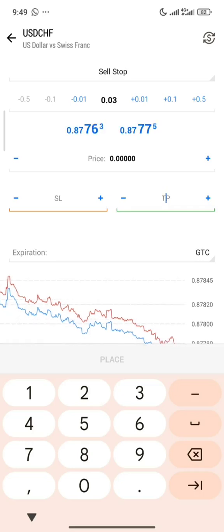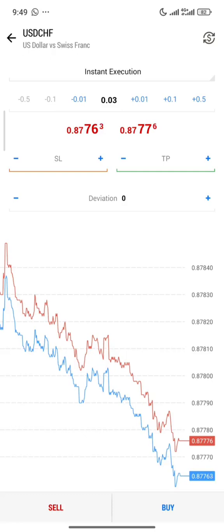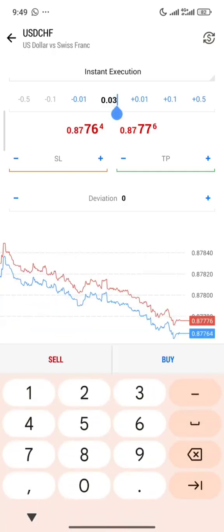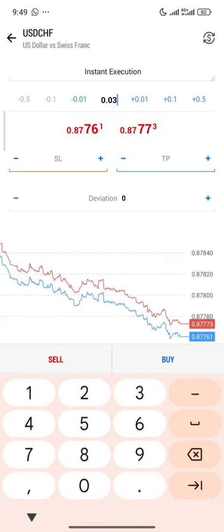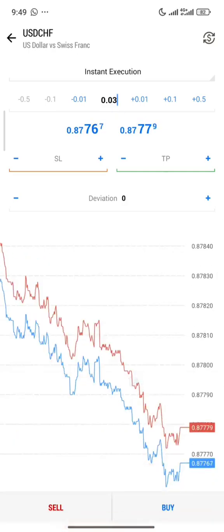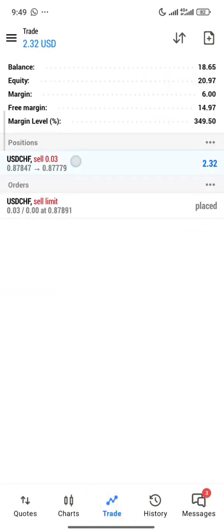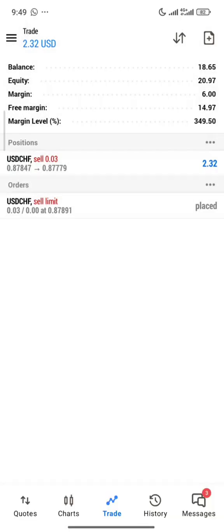So I hope with this you have come to an understanding of how we use the limit order and also the instant market execution. So like I said, let me just go over a brief recap again. Instant order, you click on new order, you have sorted out your position sizing. You just click sell or you click buy and you're in the trade. What you just need to do is modify your SL, you come here, you see, you modify your SL, and boom, you are good, right? So this is for